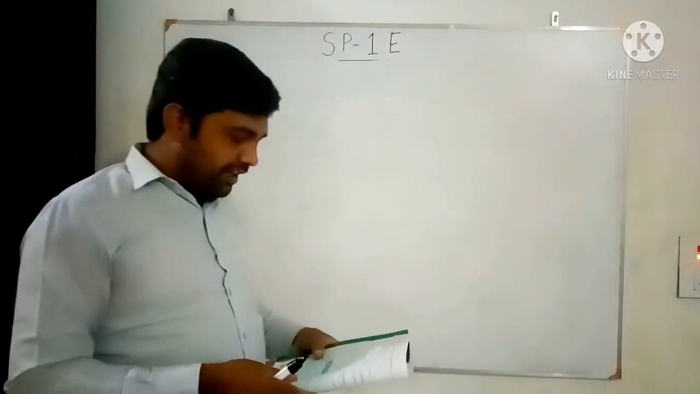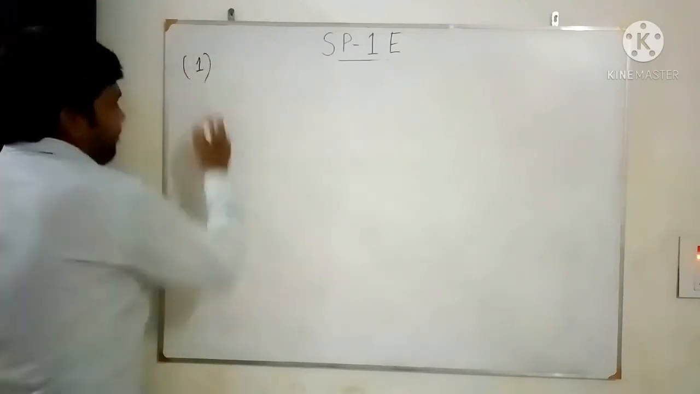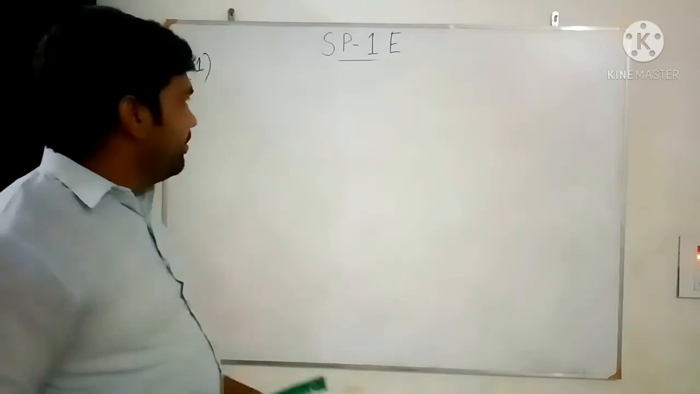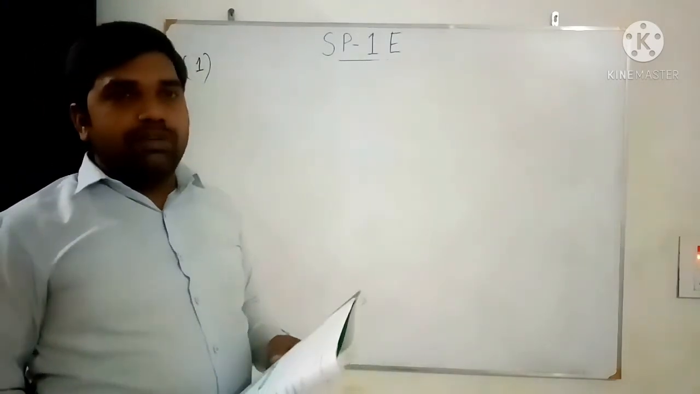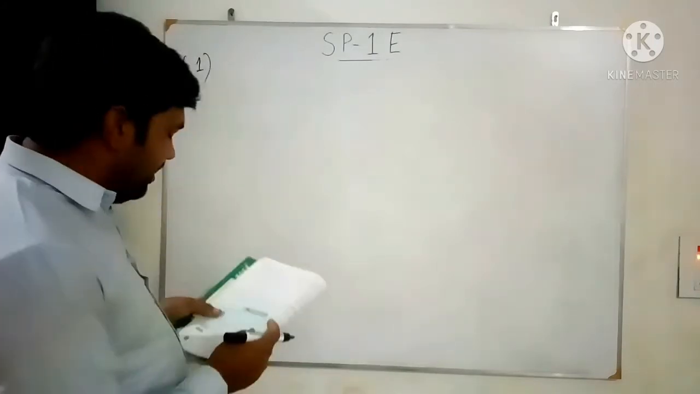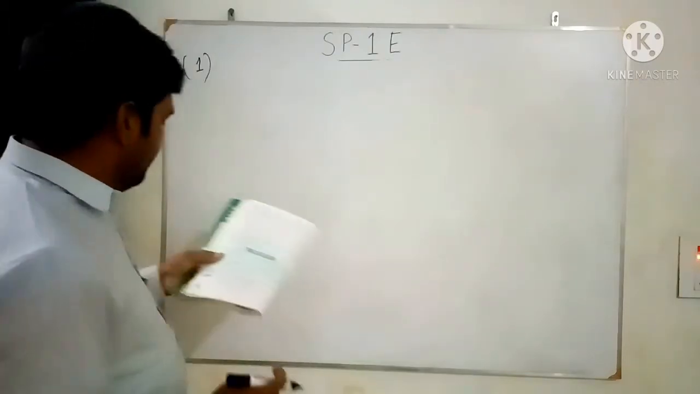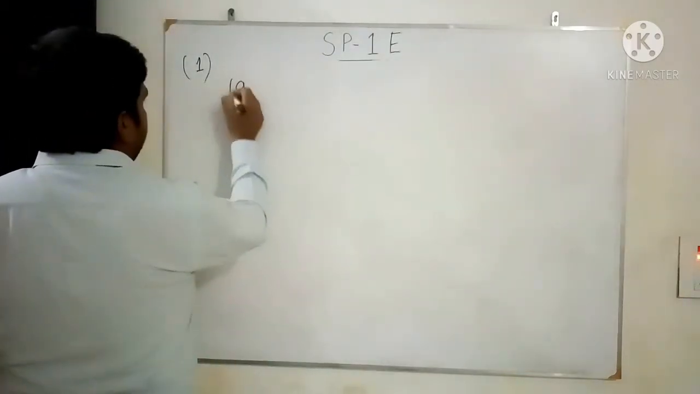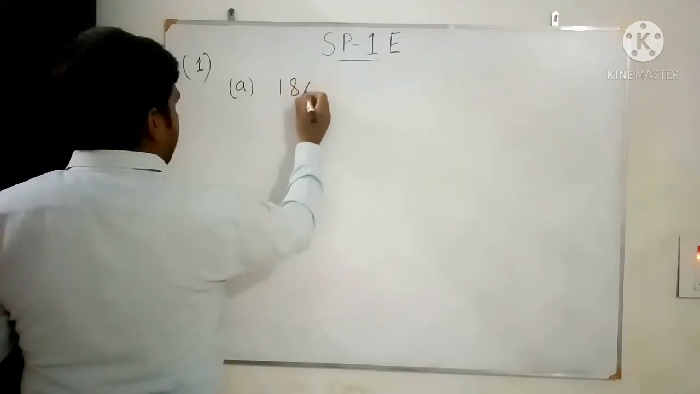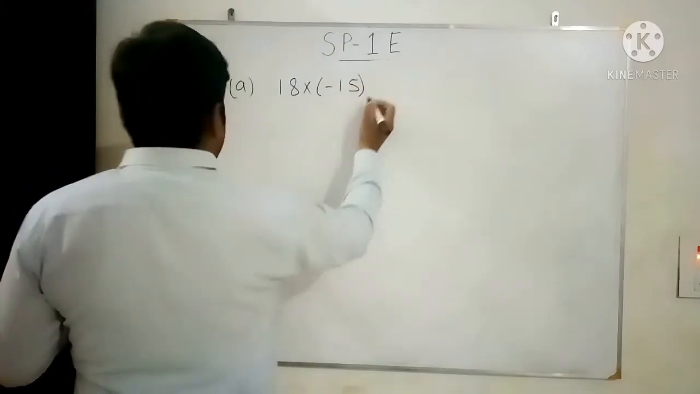In question number 1, verify and name the property used. What properties have we studied? Closure property, commutative property, associative property, and distributive property of multiplication over addition. So in the given question we have to verify and also name the property. So 1a, 18 multiply minus 15 equals